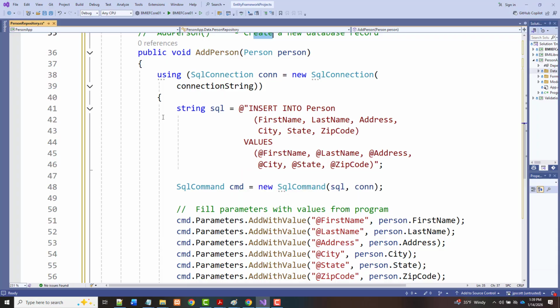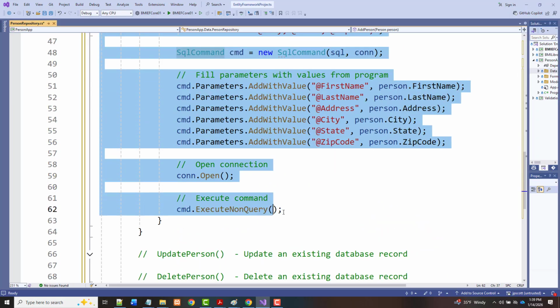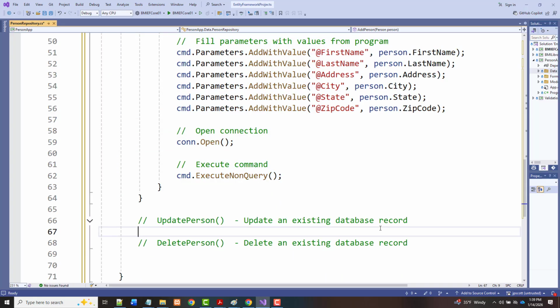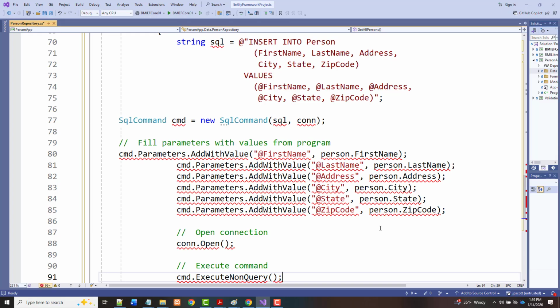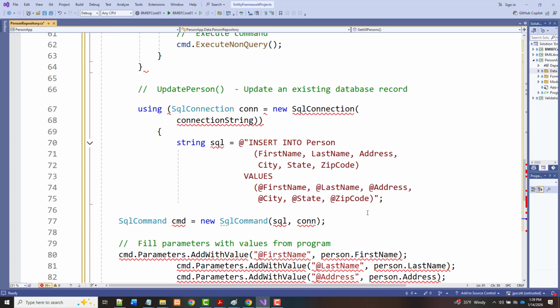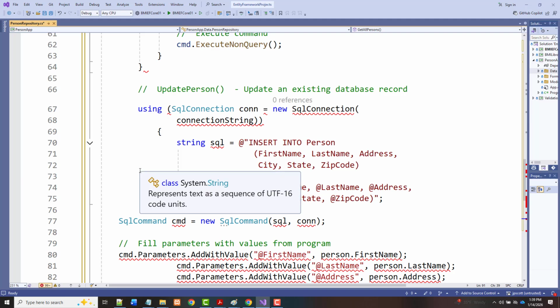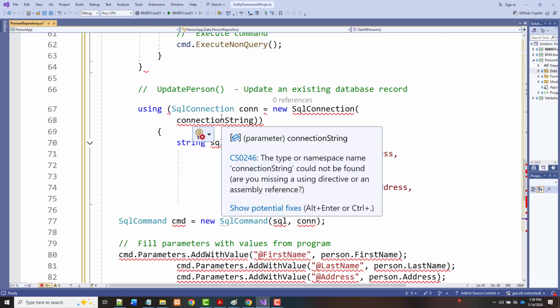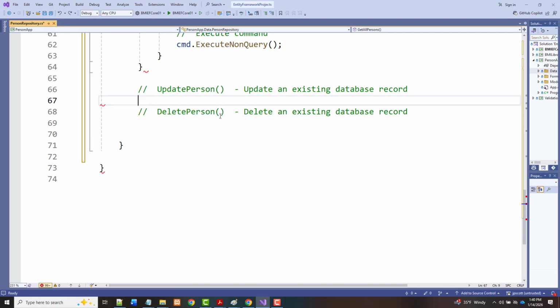Now, what you'll find is the add and the update are going to be very, very similar. So I'm going to copy this and paste it in and then make the necessary changes. Don't worry if I've got errors in here, that's okay. Let's just take a look at it. Well, here's the problem. Okay, I have to write the thing first. So let's say